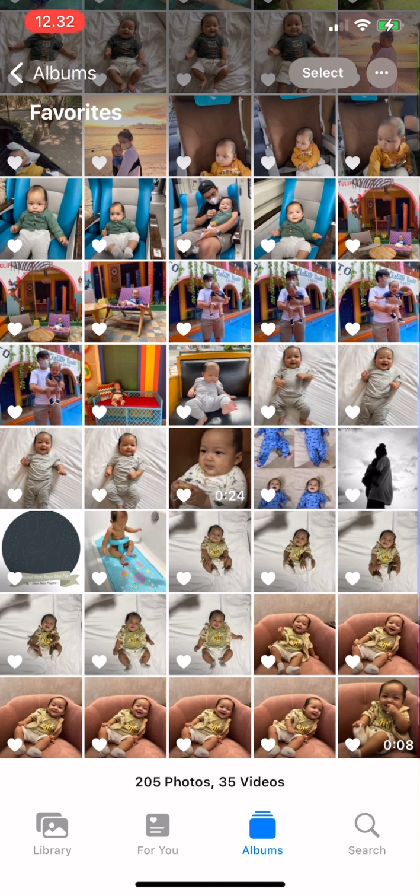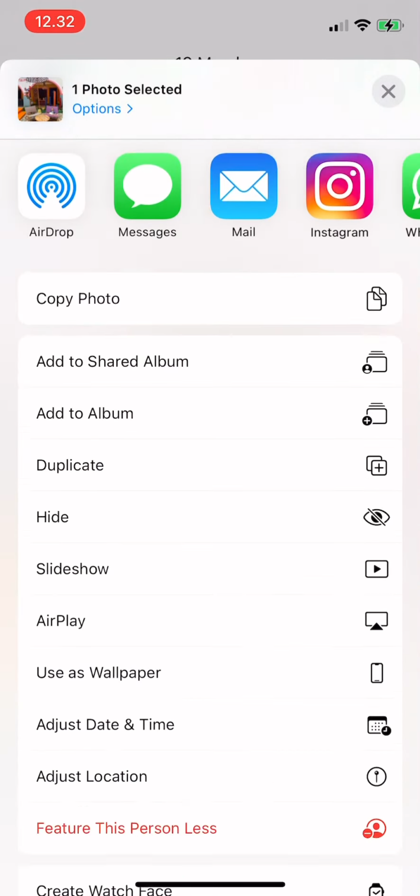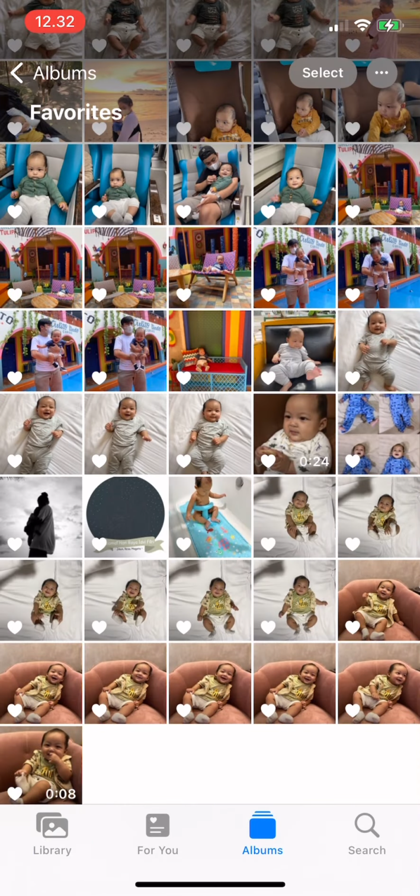iPhone. So first you open Photos and then you choose the photo you want to duplicate. So tap on it and then you can tap on the button on the bottom left corner and scroll down and then tap on Duplicate, and it's as simple as that, and your photo